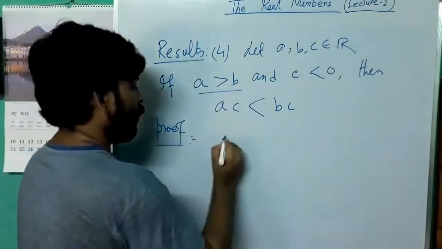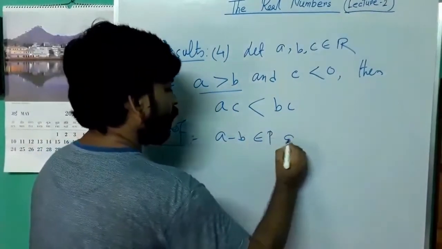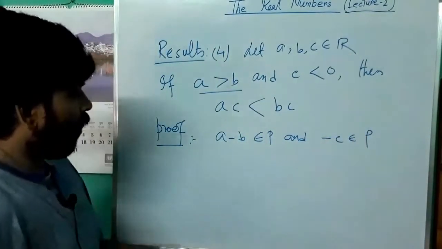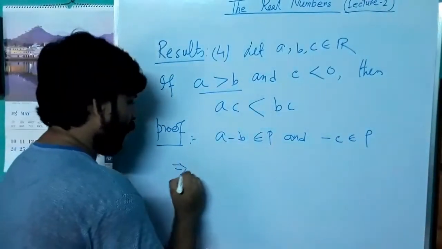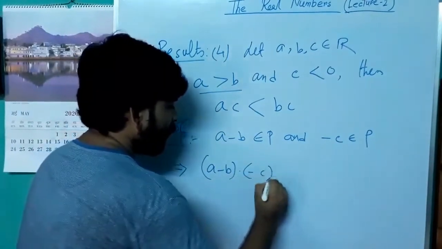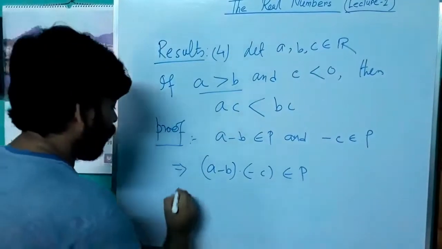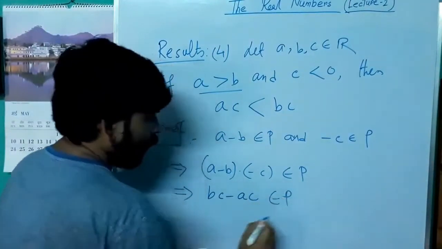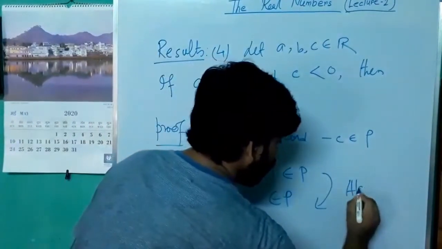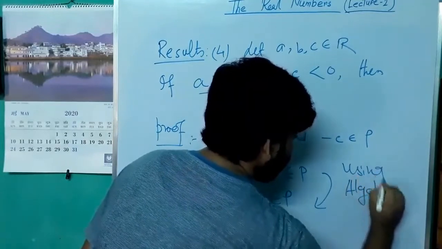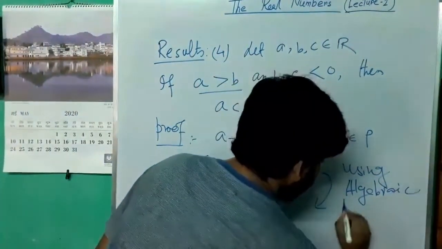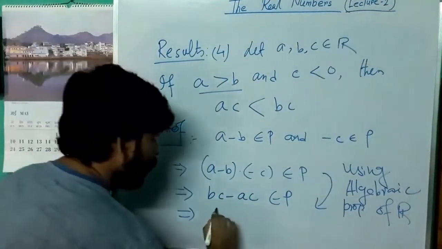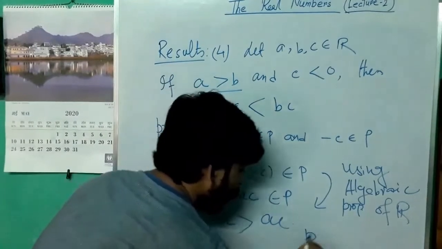Given that A minus B belongs to P and minus C belongs to P. Since P is closed under multiplication, we can write A minus B times minus C belongs to P. So by simple calculation, this implies BC minus AC belongs to P. This is nothing but algebraic properties of R. So by definition BC is strictly greater than AC, and this completes the